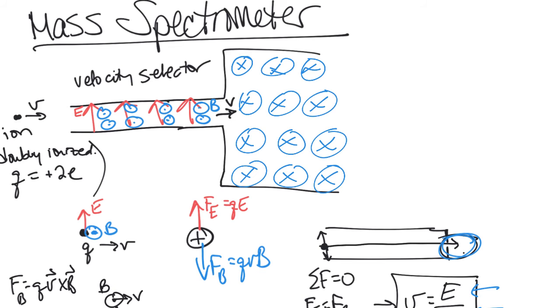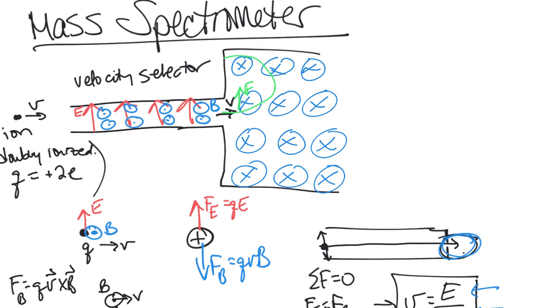Which way would this thing go? Let's do right-hand rule. My fingers are along V, and the B field is coming out of my palm, and so my thumb is going to point up. And so we'll get